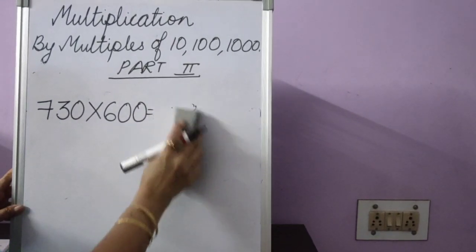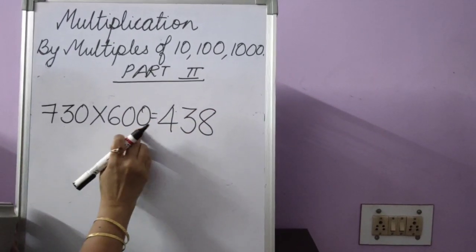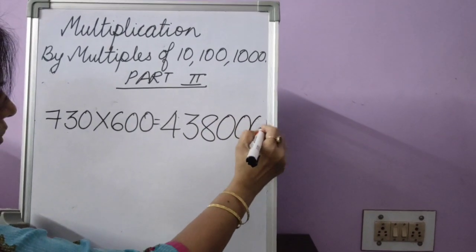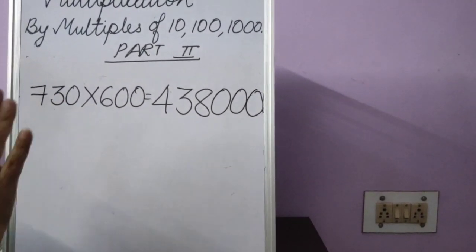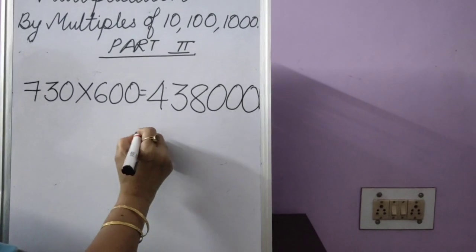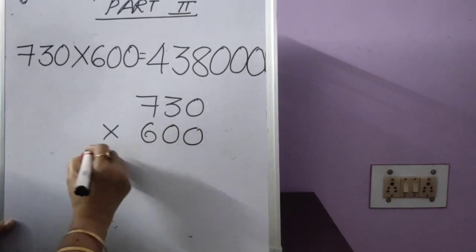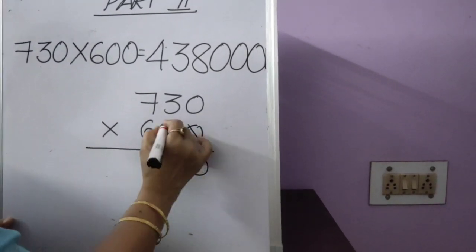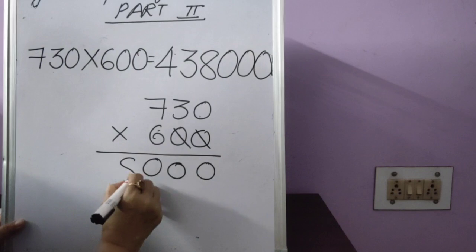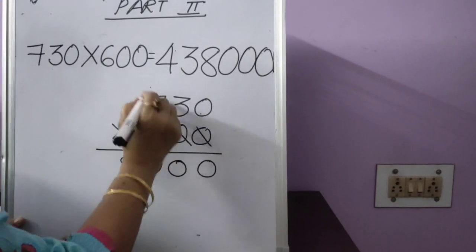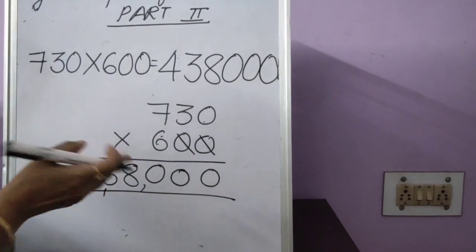How many zeros have we left out? That time we left out 3 zeros, isn't it? 1, 2, 3. Add it here. Same thing. Again, if you're not comfortable doing this, but you should be, you can do it in the rough. 730 multiplied by 600. Now see, copy down this 0, copy down this 0. Multiply. 6 zeros are 0. 6 threes are 18. 8 carry 1. 6 sevens are 42 plus 1, 43. Same answer, but of course children, this is time consuming.